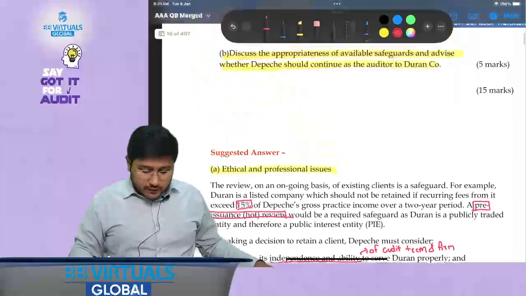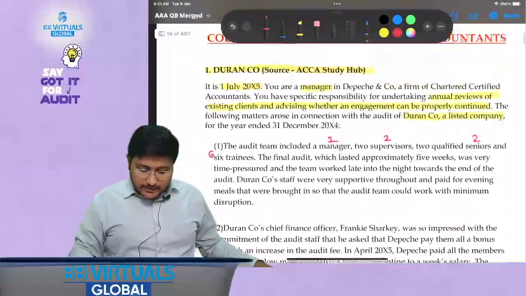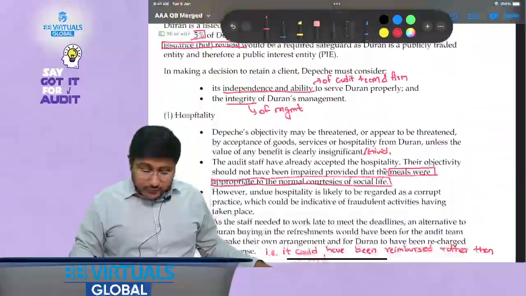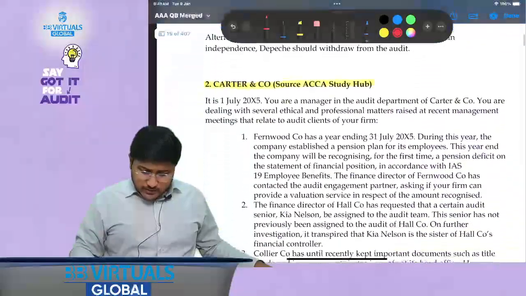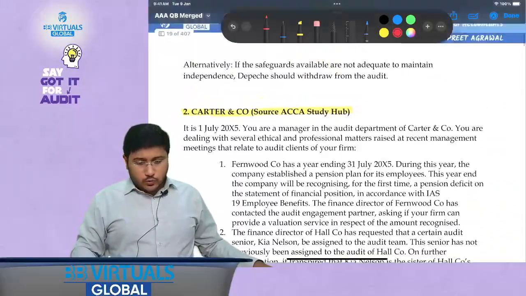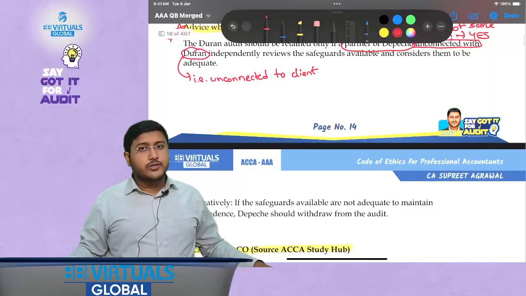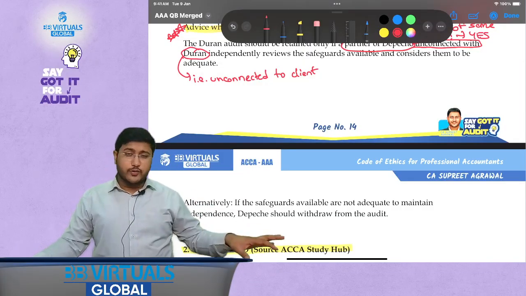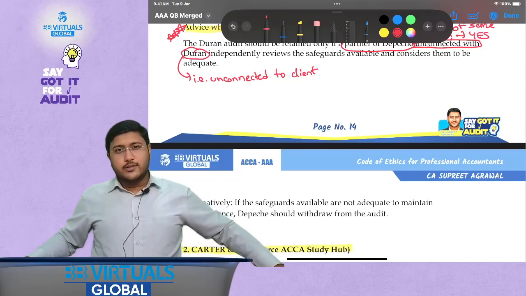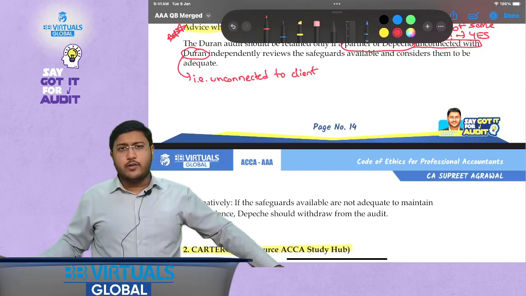Okay, we have approximately invested 40-45 minutes on this question, including your writing time, but this is a very good question. Now what we'll do is we'll come to another question, but I think you deserve a little break because we have solved this question for a big time. Now let's take a 10 minute break, then we'll come back and we will solve the next question.